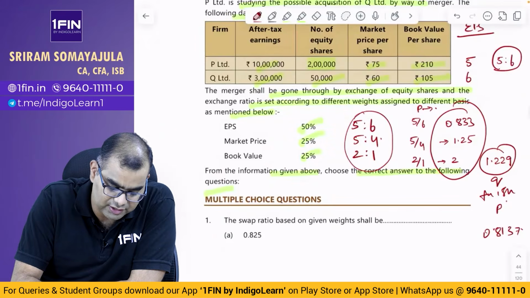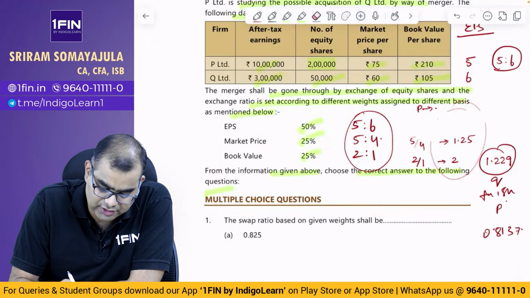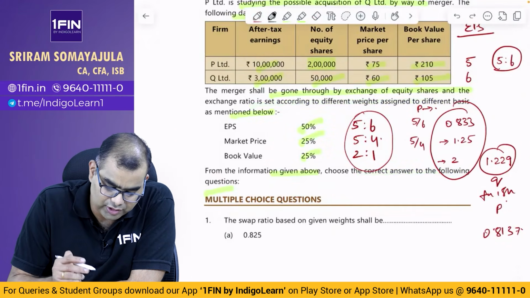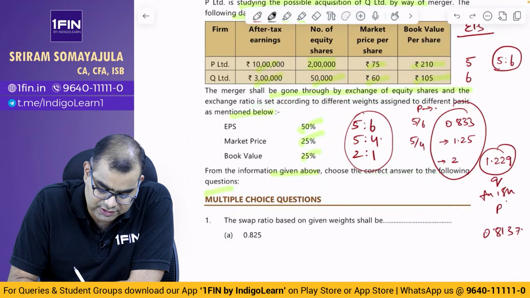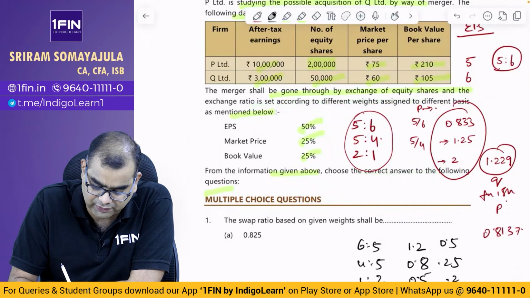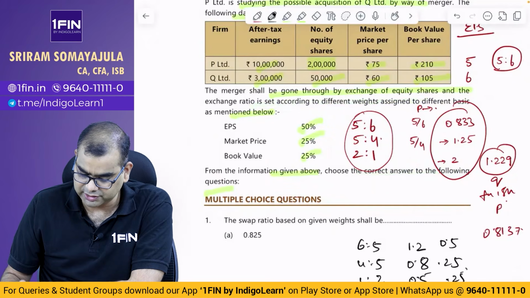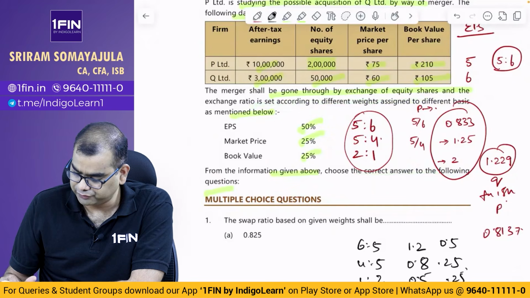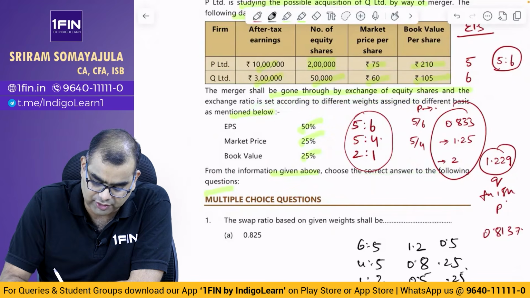They are looking at it the other way. That is, don't look at it this way, look at it the other way. That is 6 is to 5, 4 is to 5, 1 is to 2. 6 by 5 is 1.2, 4 by 5 is 0.8, 1 by 2 is 0.5. Multiply this with 0.5, 0.25, 0.25. You get 0.6 plus 0.2 plus 0.125. You get 0.925. So what you give is